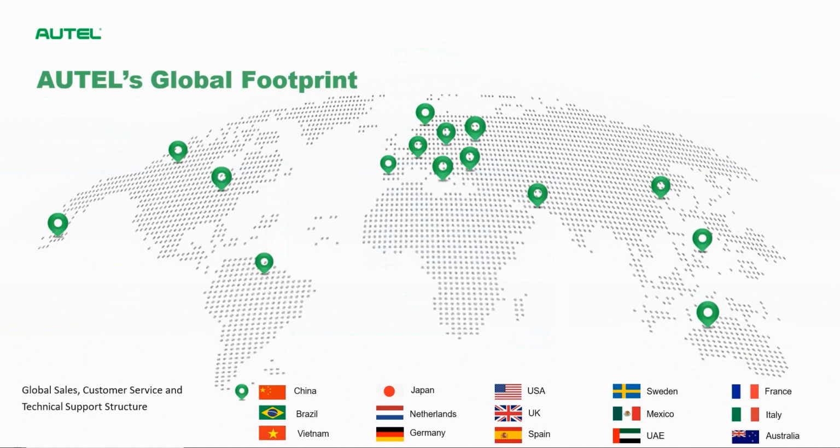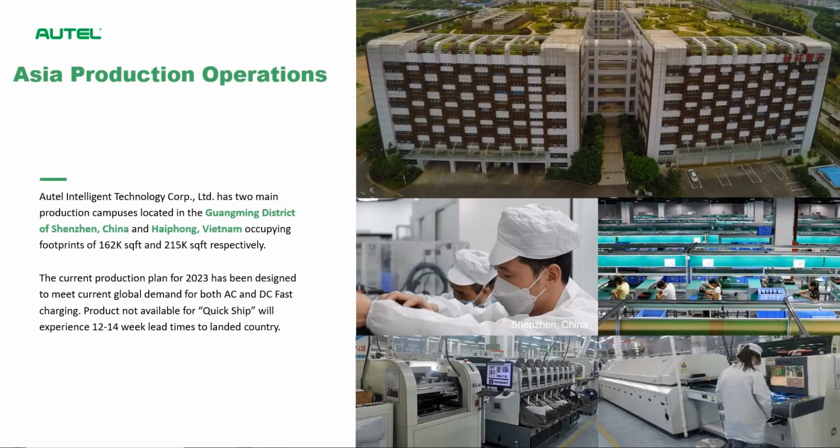So this is their global footprint and offices in 15 countries. You can see here, this is not like a little mom and pop shop. This is a full-on company. And then you see that they have manufacturing in some countries in Vietnam and also in China. And warehousing, we see some of the production lines going into